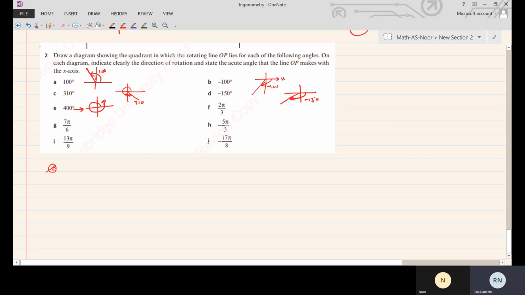Yes, something like this. Okay, if you have an angle in radians, it is better to convert it. 2 pi by 3, multiplying by 180 over pi gives degrees, and it is 120 degrees. 120 degrees means you can easily plot it in the second quadrant and write it in the form of radians, 2 pi by 3,